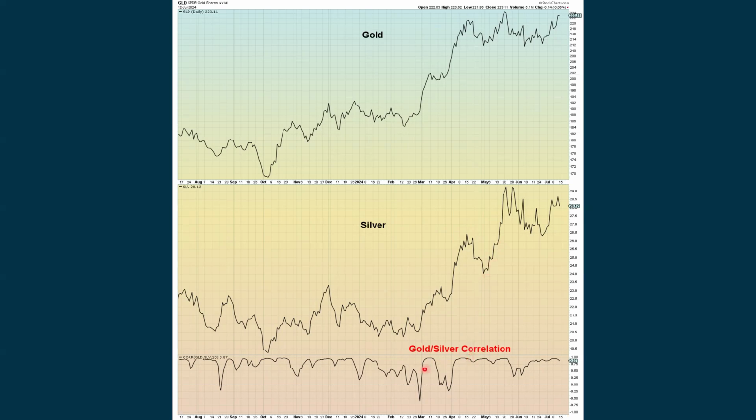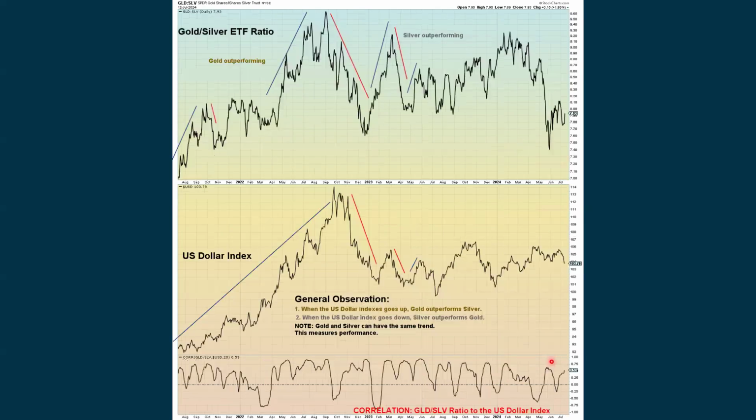What we do to verify that graphically is we have a gold to silver correlation. And when we're getting a high reading like we are now, that means they are in a correlated relationship with each other. And we look at a gold to silver ratio on top. And then what's kind of interesting is in the middle area, this is the US dollar index, and they're having a pretty strong tendency to go in the same direction. So if this gold to silver ratio is going up, the dollar is probably going up. And the inverse of that is also true.